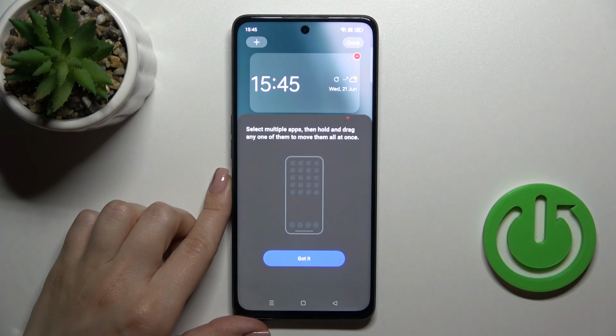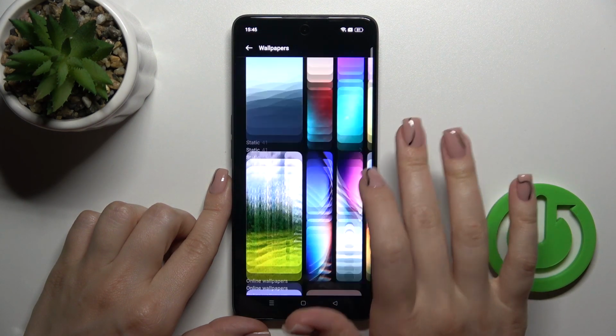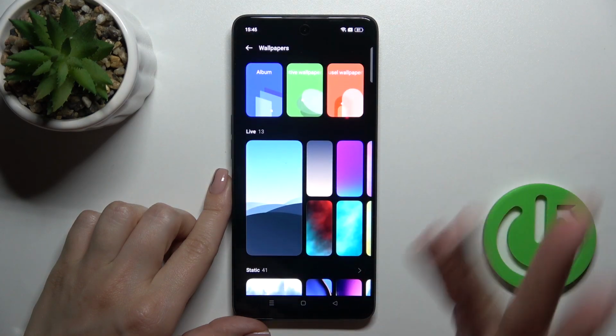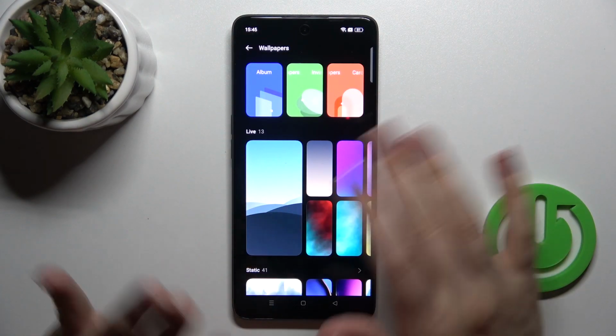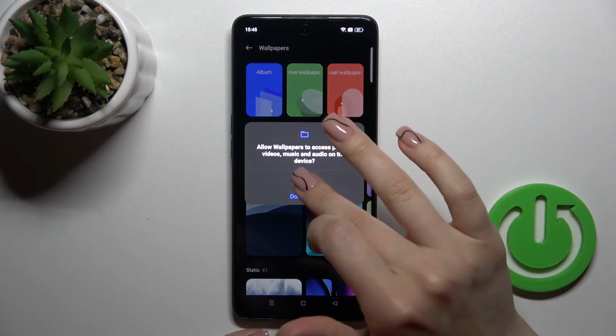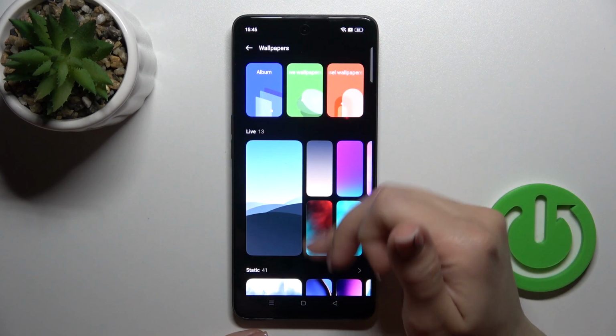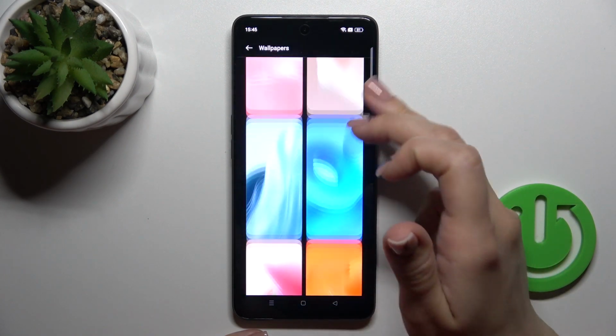Also, we could make it by the second way. Just first hold for a while home screen with your finger, tap the wallpaper icon, and after that you'll see here by the same way, you'll see all of the same wallpapers, and by the same way you could use photo from your device gallery, the Google photos, downloaded previously photos from the internet, the regular or online wallpapers, but